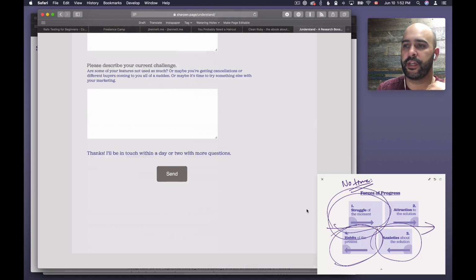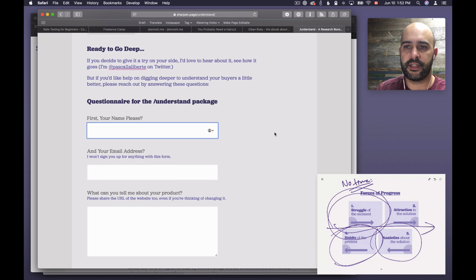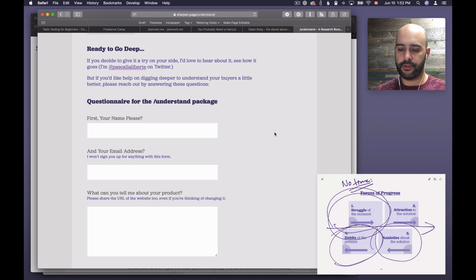And so now I have this way to skip down to the questionnaire to get started. If they just scroll all the way down, basically. And to have the questionnaire, this is the next step. And then boom, that's how it works. And so, given your knowledge of the struggles, the forces of progress and how they act on the user, you can tailor the page so that you can address a new mini struggle that happens further down the page,